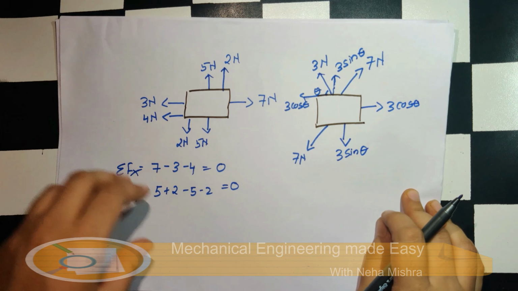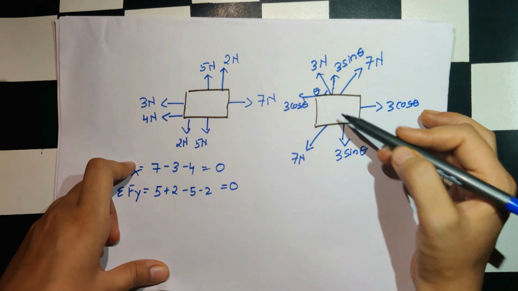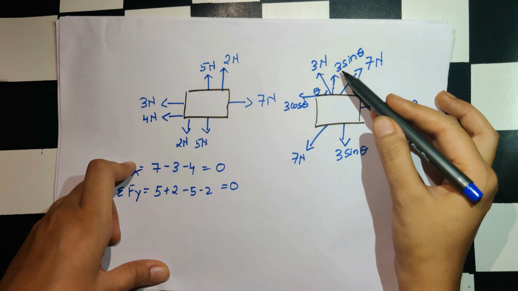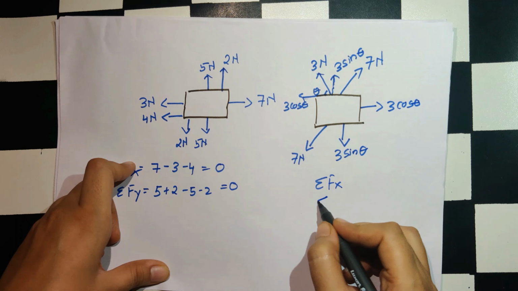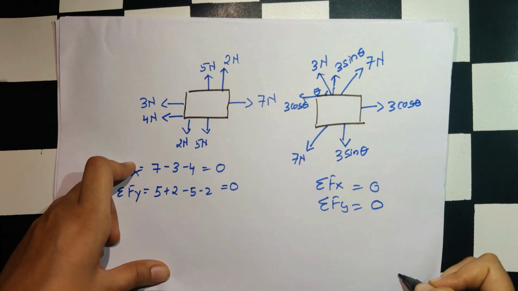So see guys, what I have done: instead of applying the same inclined force, I have applied the opposite forces of its components. Now again if you take summation Fx and summation Fy, they will come as 0 because